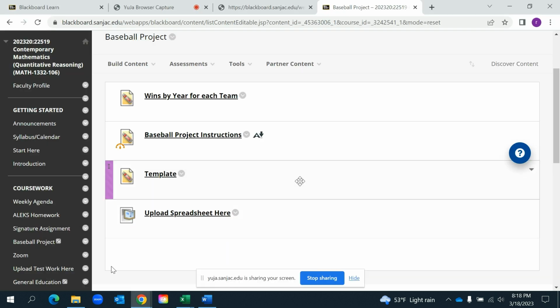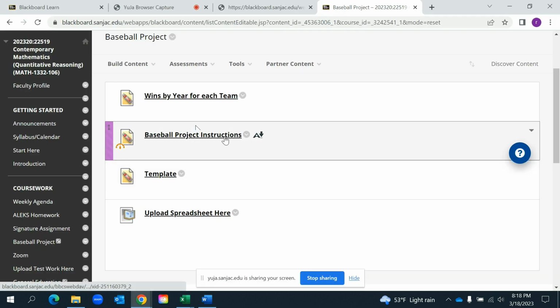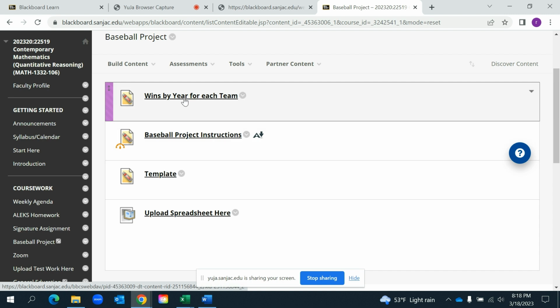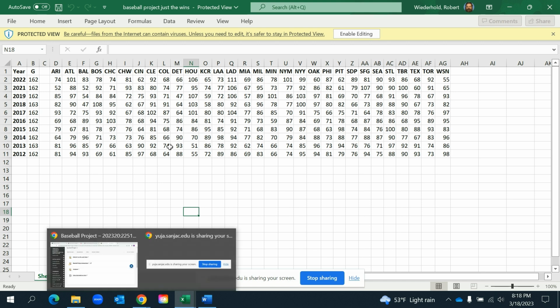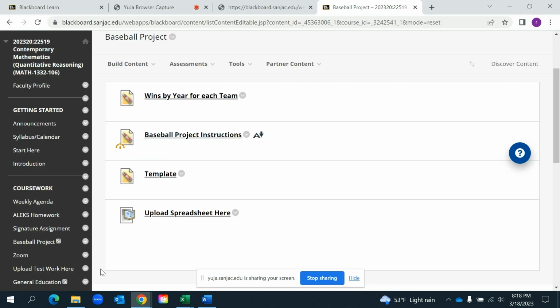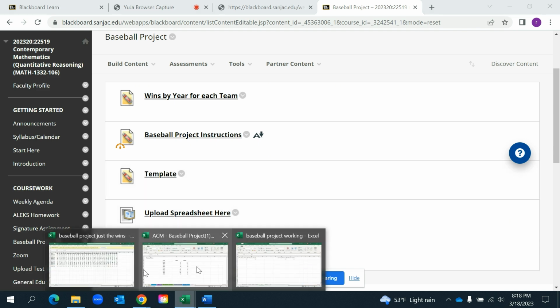So that is the instructions. And then we have the wins by year for each team. This is a file I made using baseballreference.com. It was actually more difficult than I thought to just find one big file of wins and losses by year for each team. So these are the wins for each team. And then we have the template. So let's take a look at the template